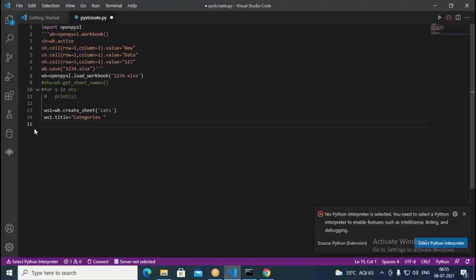Then ws2 equal to again wb.create_sheet, then I put here products. Then ws2.title, write this as products. I'm going to add one more thing called products. So two sheets I'm trying to create in this.